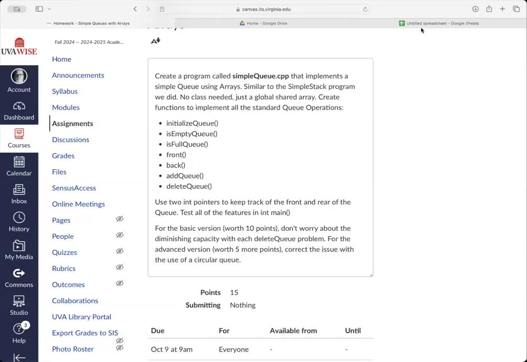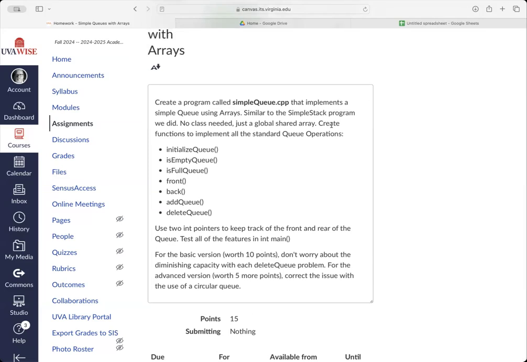In this video, I'm going to go over the homework that we have that's due today, basically. So today being Wednesday, I'm actually recording this on Tuesday. So this problem asks us to create a program called simpleq.cpp, and it's going to implement a queue using an